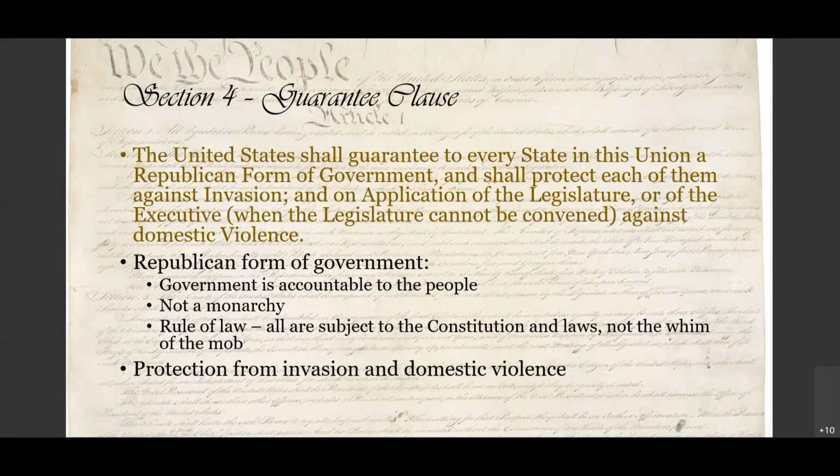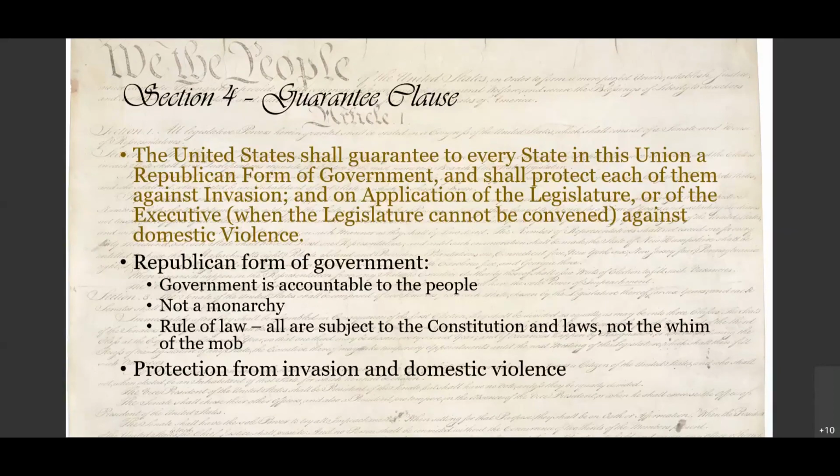The democratic part is that we elect our representatives to the government. We're not a monarchy, which the founders certainly didn't want us to be, since we just revolted against Britain, which was a monarchy. And we have the rule of law. So all are subject to the Constitution and the laws, not the whim of the mob. The founders specifically didn't want